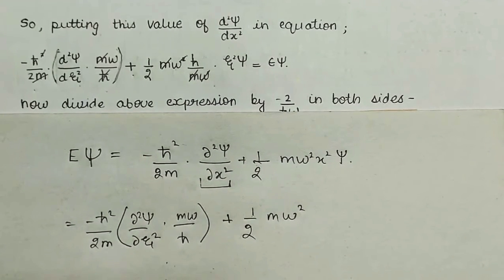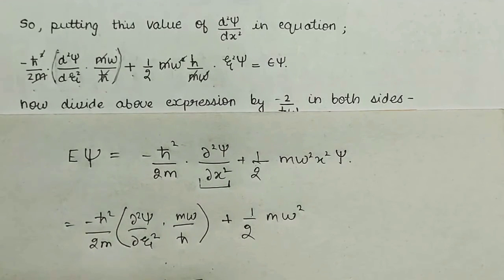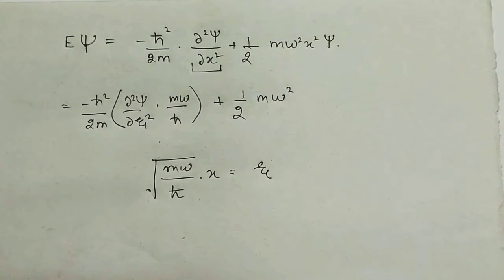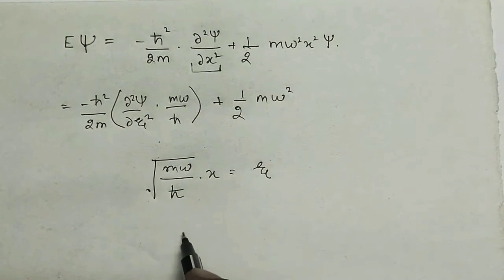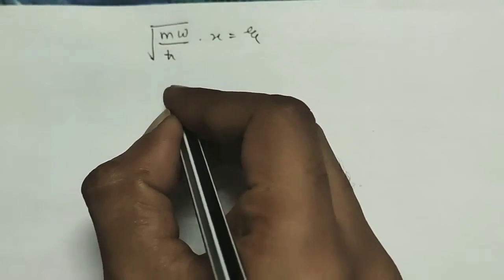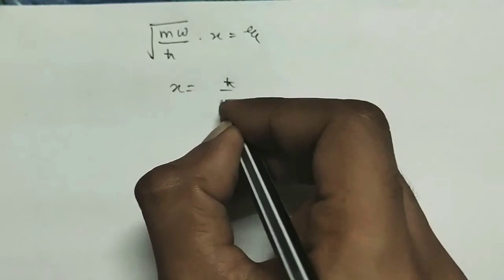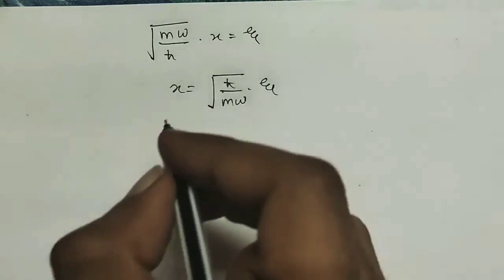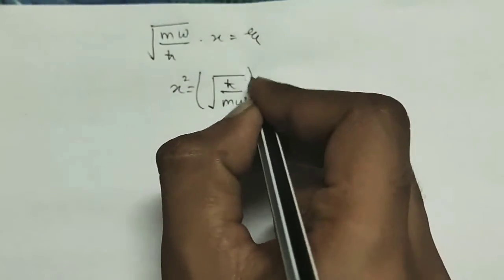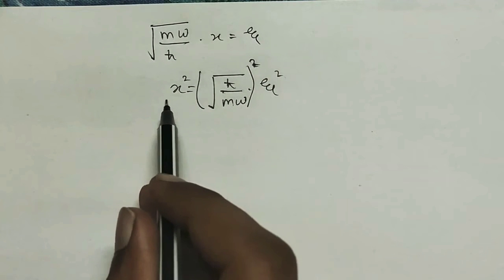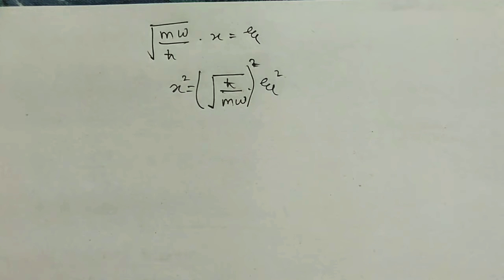As we know, previously we assumed that √(mω/ħ)·x = j. So to find the value of x, we simply get x = √(ħ/mω)·j. Okay, now for x², it is j². Now when we put this term x² in the time independent Schrödinger equation, we get